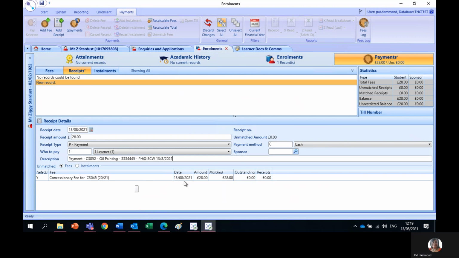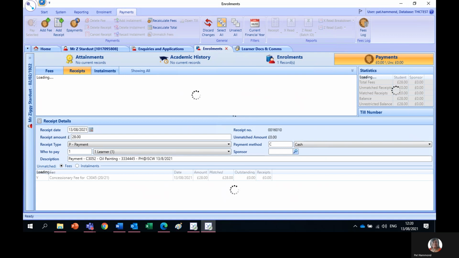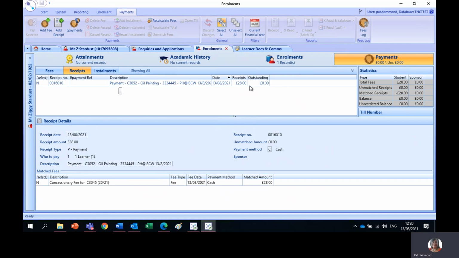Okay, so there we have a recorded payment, and then save. You then have the confirmation at the top of the screen here. So if I now go back